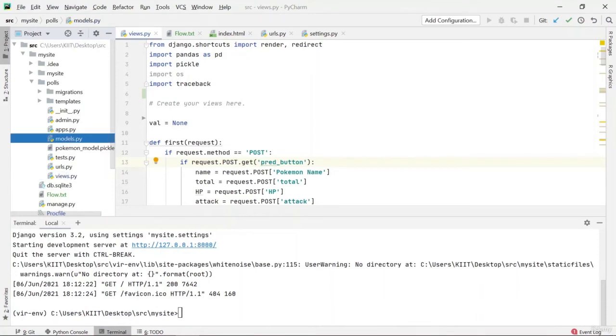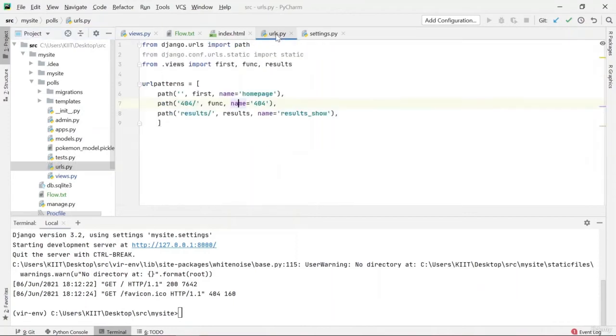First of all, models is the Python file where you are able to make custom tables for your databases to store values. Next, your URL file is basically the place where we are telling Django that at this URL you're going to render this page.